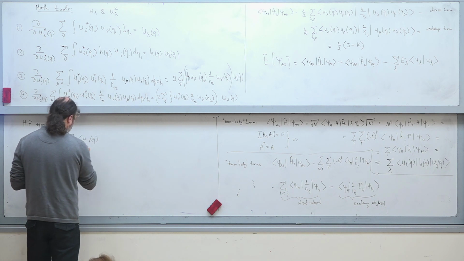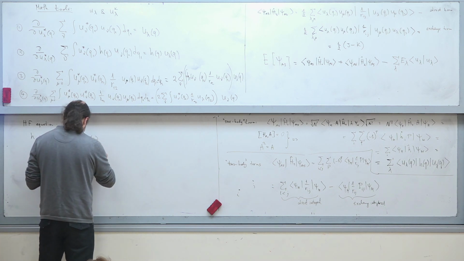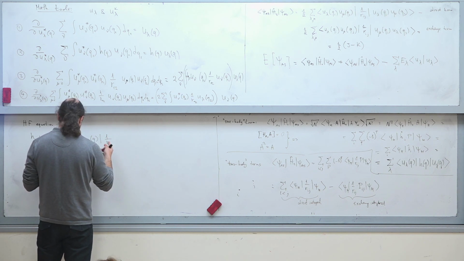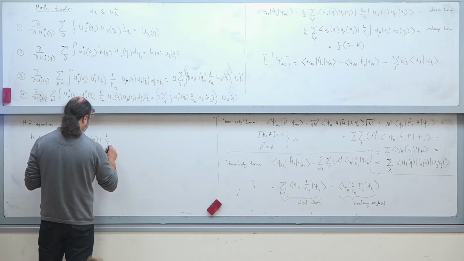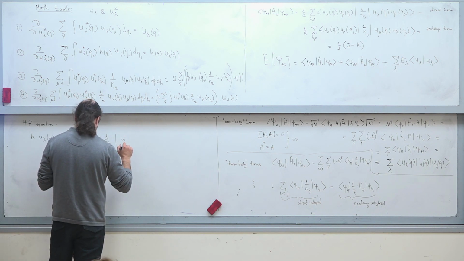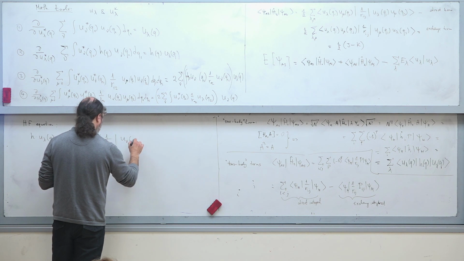So it's u mu of q of 1 over r, which actually connects the electrons r1, r2, closing with u mu of q,